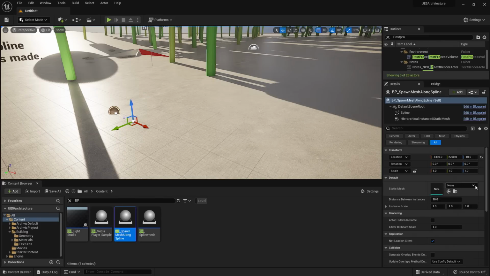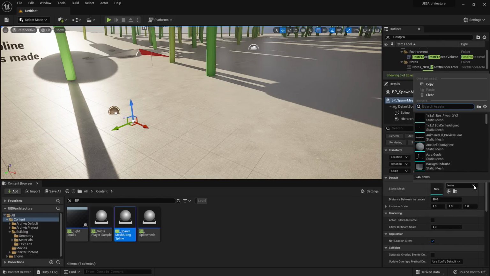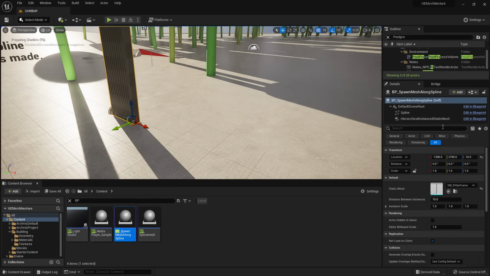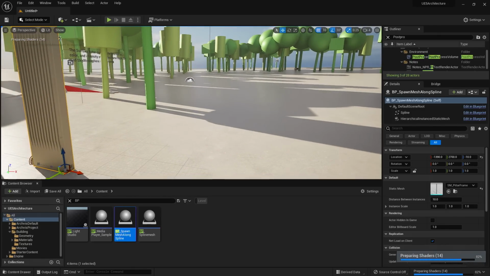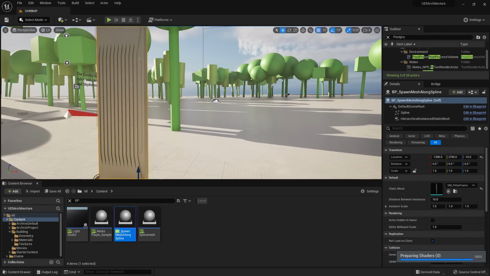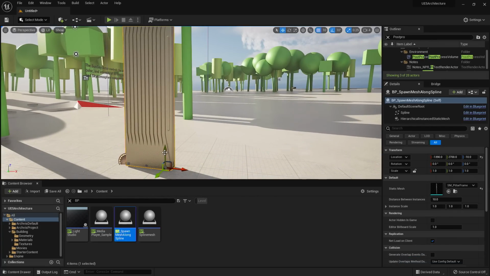I'm going to hit this drop down under None, and I know I have a pillar in here, so I'm going to type in pillar. I'll select this pillar frame, and you'll notice that they automatically populate along the spline, but it looks like there's some overlapping happening here. So we will need to increase the distance between instances, which can be found right below that static mesh in the details panel.